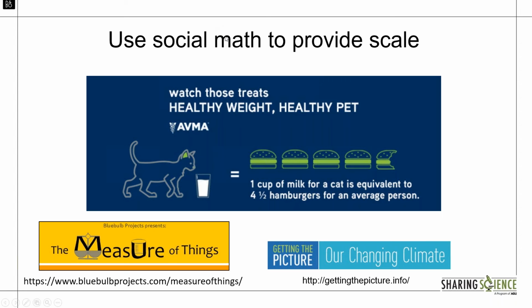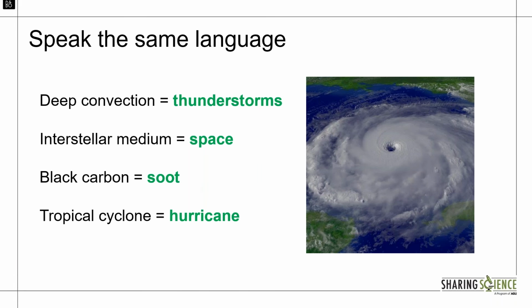And then another way to help journalists make their job easier and convey what you're talking about in a really compelling and vivid way to an audience is to use social math. This is why museums are often really good at this. They talk about how much a blue whale's tongue weighs, maybe it's the size of a car or something. I haven't been in a museum in long enough, obviously, but these are the kinds of connections to things that we feel are tangible that help people really relate better to whatever you're describing, because numbers tend to be much more abstract for people who aren't working on them day to day.